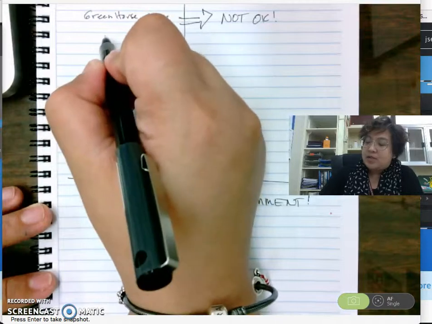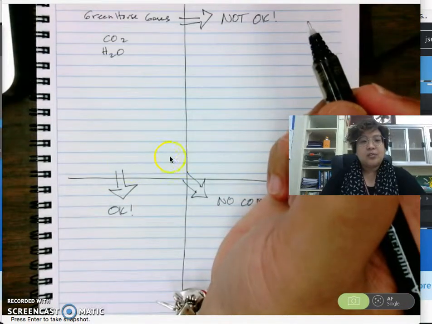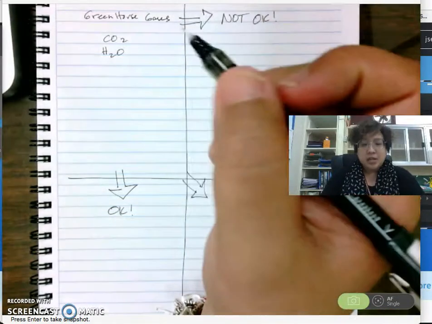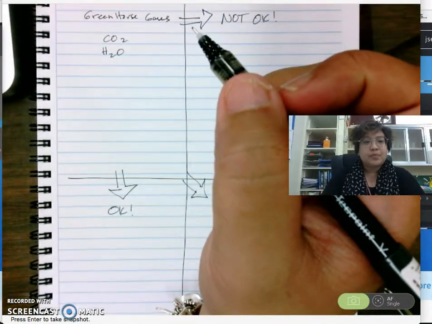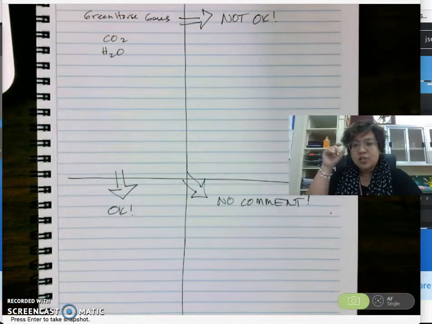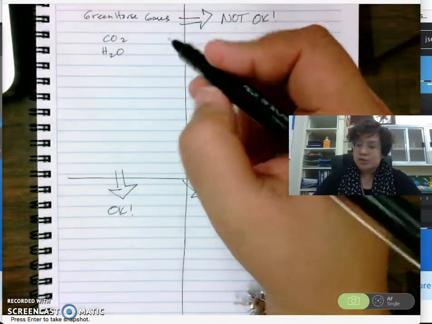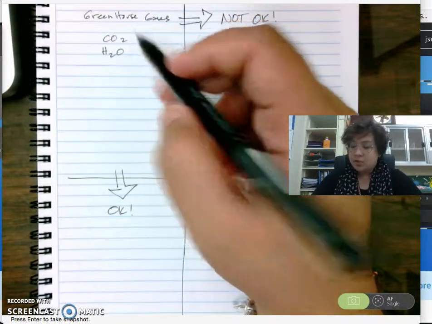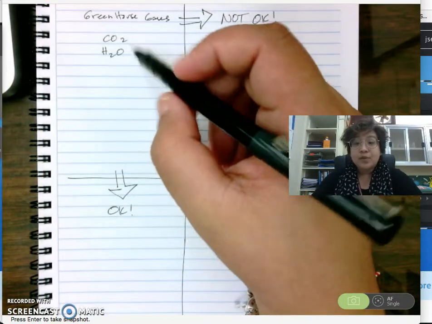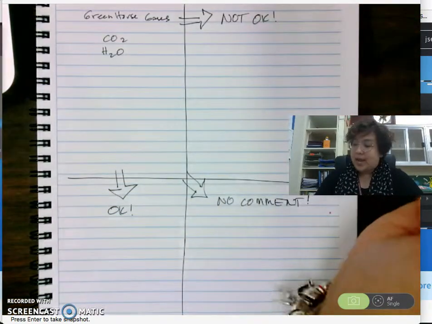The most abundant greenhouse gases are carbon dioxide and water. So where is this carbon dioxide coming from? Cellular respiration, a product of cellular respiration of animals. It's also released back into the atmosphere through combustion. So with combustion of our fossil fuels to get energy, we release CO2 back into the atmosphere. Water, the second most abundant greenhouse gas, where does this come from? Evaporation from the ocean and transpiration from plants.